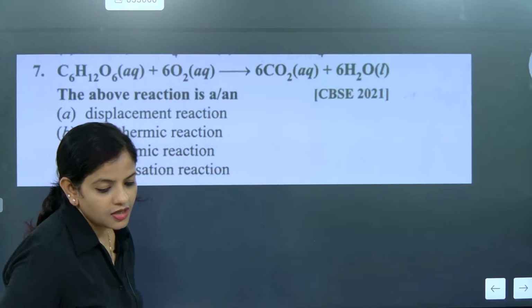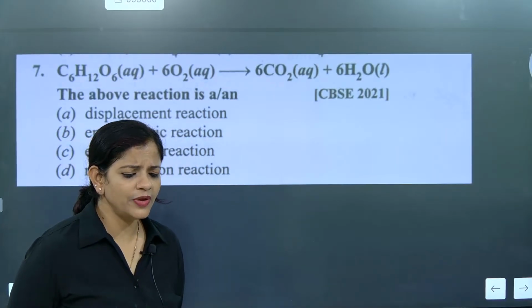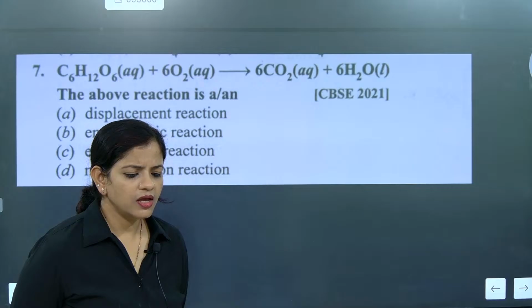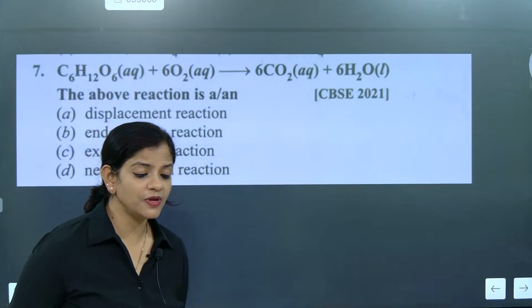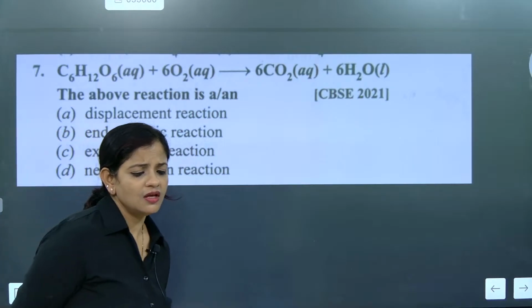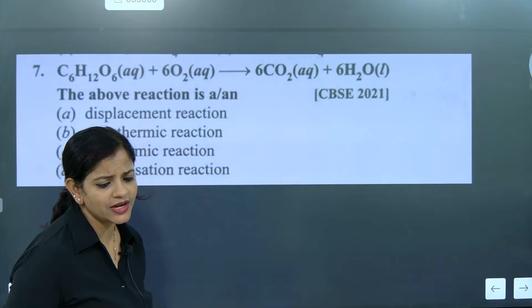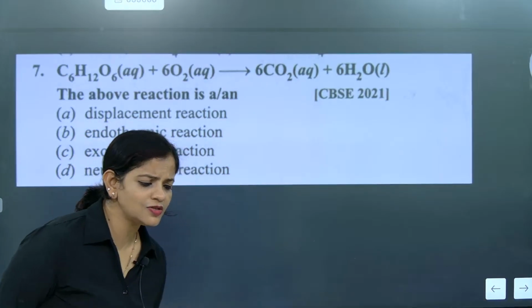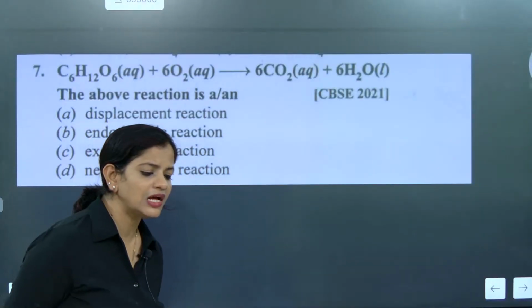Option A: sunlight is absorbed. Hey, where is sunlight absorbed here? Yes, Harini, at least one person has given a very apt answer. It's C. It's not going to be displacement. This is not about a displacement reaction, it's an exothermic reaction. Glucose is a big molecule, it is broken, and carbon dioxide is obtained. When carbon dioxide is obtained with water molecule release, it is releasing energy also. So the absolute answer is C.